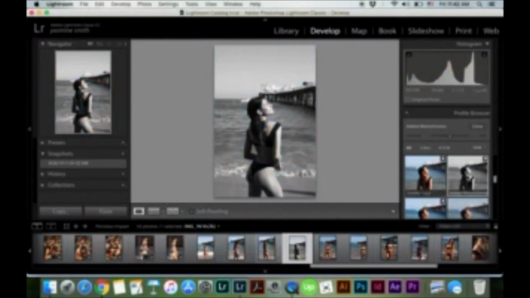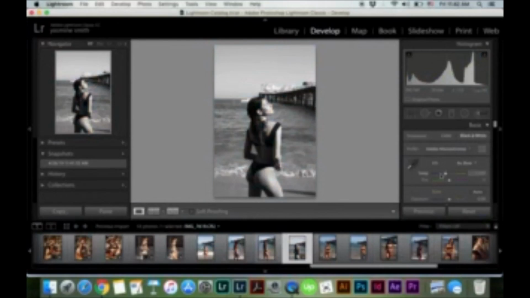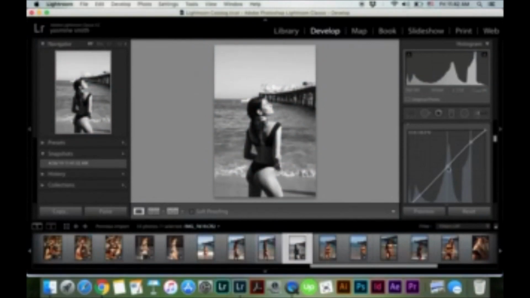So I'm going to choose Adobe monochrome, and then go to the linear graph and create my S-curve